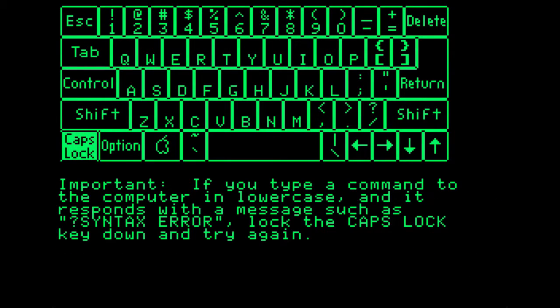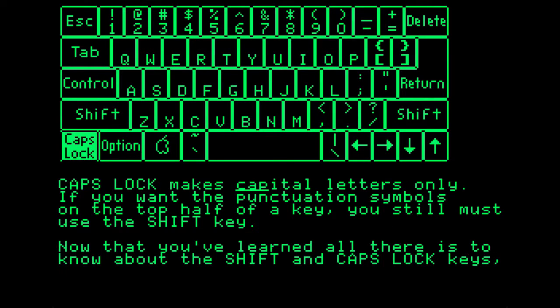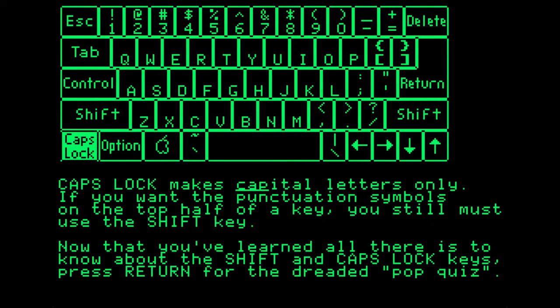Important, if you type a command in the computer in lowercase and it responds with a message such as syntax error, lock the caps lock key down and try again. Caps lock makes capital letters only. You can see with the cap underlined. If you want the punctuation symbols on the top half of a key, you still must use the Shift key. Now that you've learned all there is to know about Shift and caps lock keys, press return for the dreaded